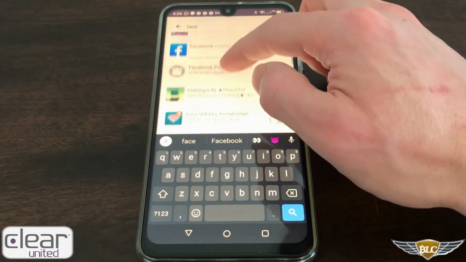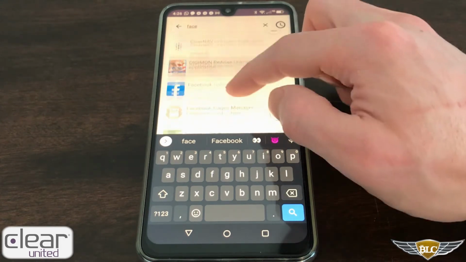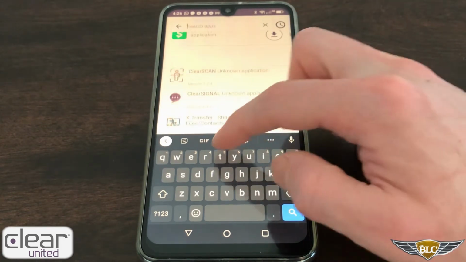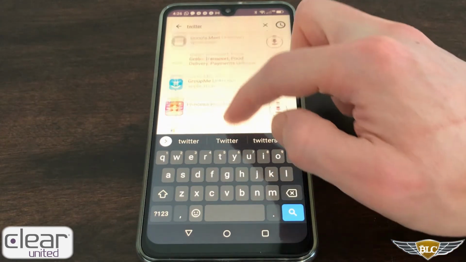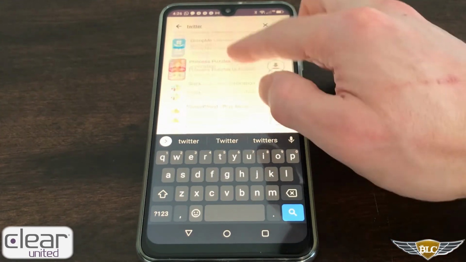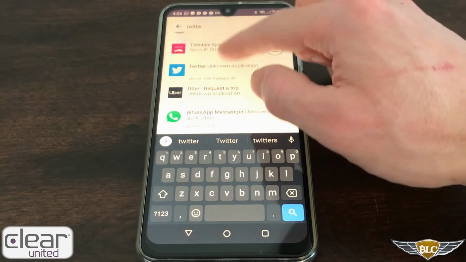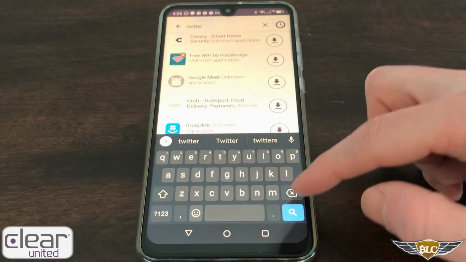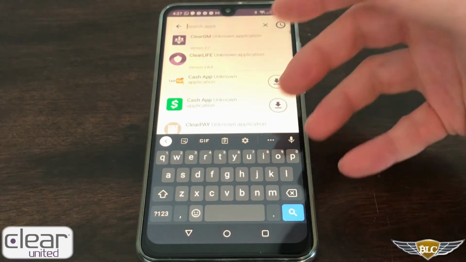As long as they're showing up in this search, they are Clear iOS developed apps. So you have Facebook, Twitter, Slack is on here, WhatsApp. A lot of the different apps that are very popular already have Clear iOS versions.